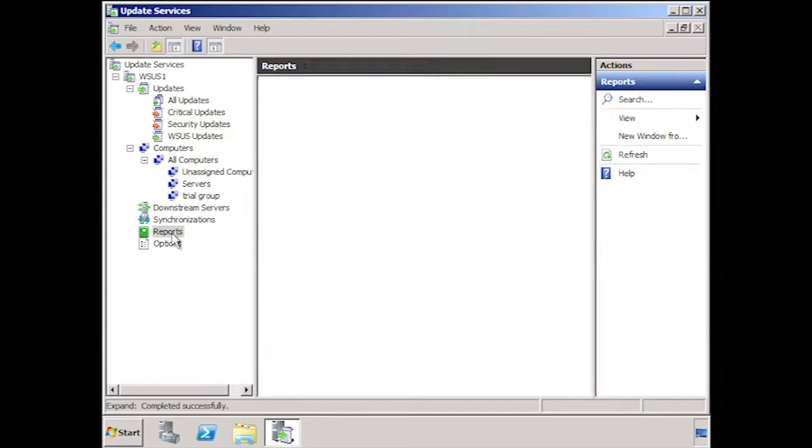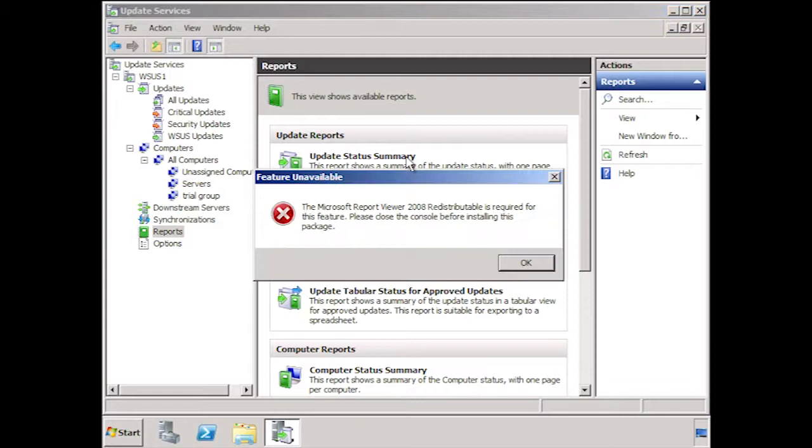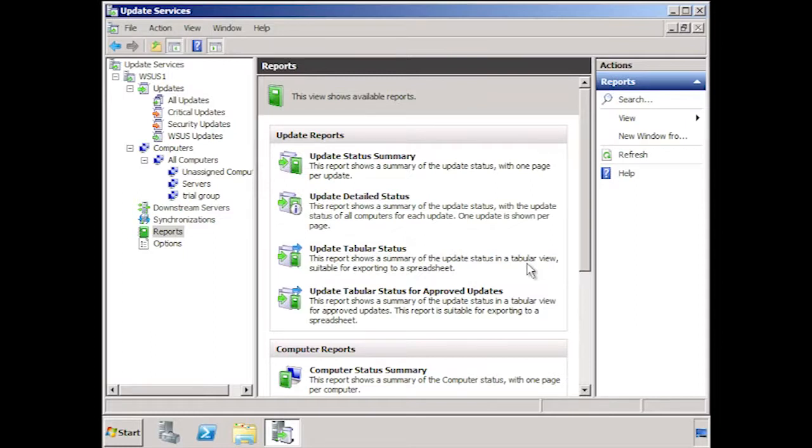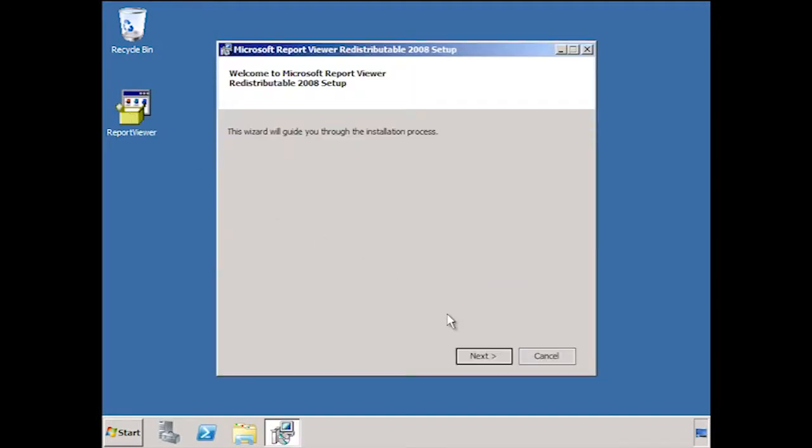If I select Reports, there are a number of different reports I can generate. If I select one, I will get an error message telling me that Report Viewer Redistributable is not installed. I have already downloaded Report Viewer Redistributable and placed it on the desktop. If I now close the WSUS admin tool and go to my desktop and run it, you will see the